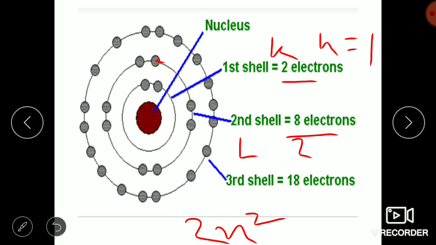In the same way, let's check the number of electrons in the L shell, or second shell. For the second shell, n value is 2. Okay, so 2 square is 4, 4 into 2 is 8. So the second shell possesses 8 electrons. In the same way, if you are asked the number of electrons in the O shell, P shell, Q shell, any other shell, you can calculate just by knowing the n value, by counting serially from the nucleus, K, L, M, N, O, P, like that it will go. You can tell the exact number of electrons possible in a particular shell.